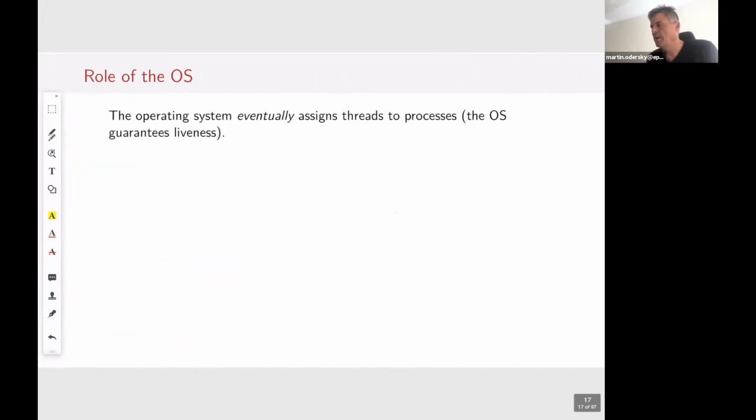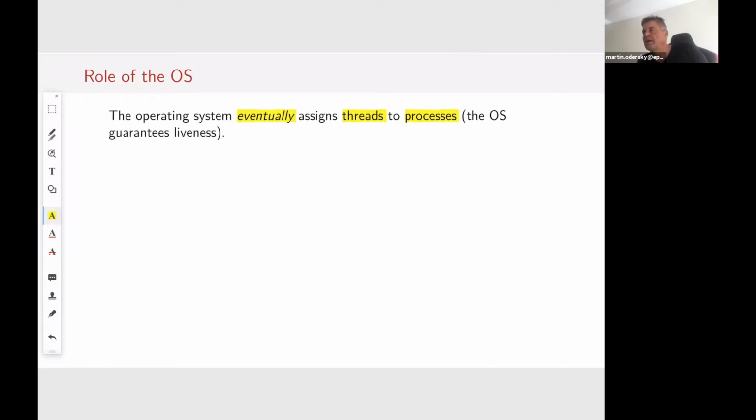Okay, so what the operating system does is essentially assign threads to processors. If you have these threads, the question is who gets to run, and in the end it's the operating system that decides that. Typically it uses time slices. Every thread has a time slice of, say, 10 milliseconds, and it might choose to stop before that.